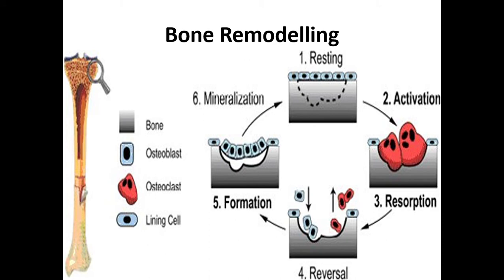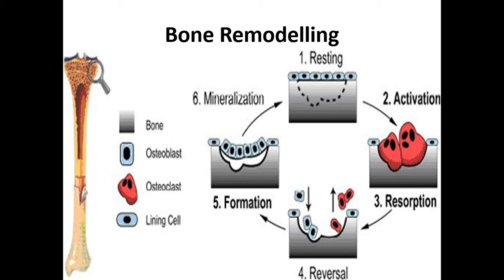In bone remodeling, there are 6 stages. We have the resting, activation, resorption, reversal, formation, and mineralization. In the resting stage, there will be no bone resorption. The bones will be transformed from a young cell to adult cells, so mature bone cells from osteoblast to osteocyte. Now, if there is an extra bone cells or an overpopulation of bone cells that are formed,